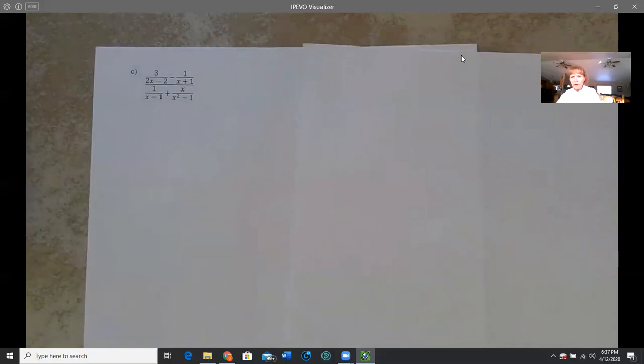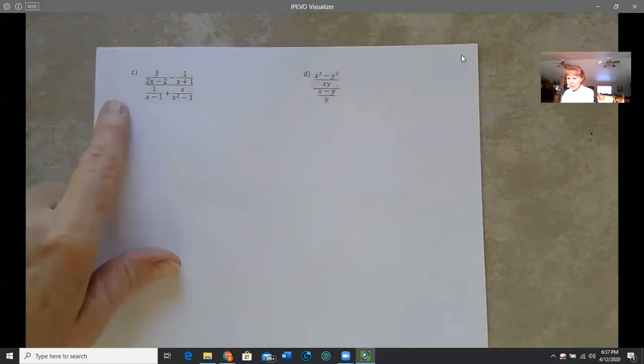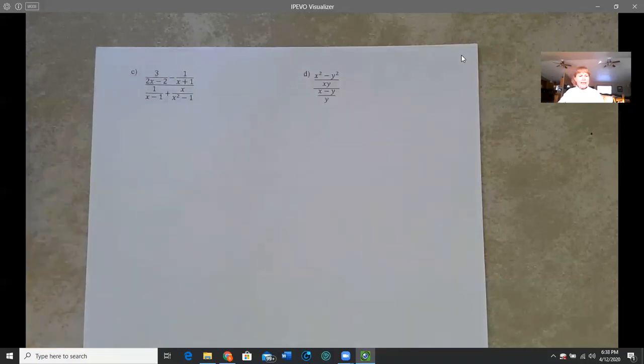This would be on your 3rd page. Over here on the right, we have D is over here. We're going to ignore that for right now. We're going to look at this one. So it's the same idea. You've got 4 little fractions within a fraction. So you're going to find the least common denominator of all 4 of those fractions, and that's what you're going